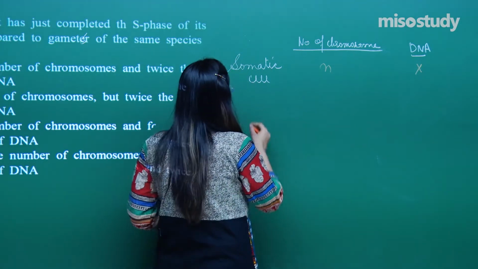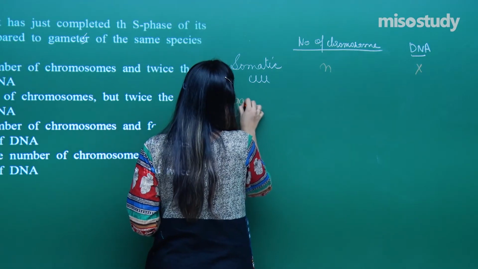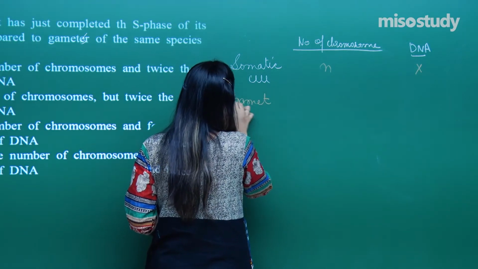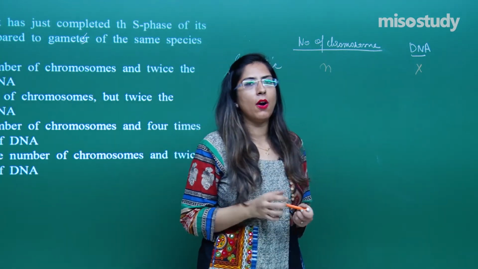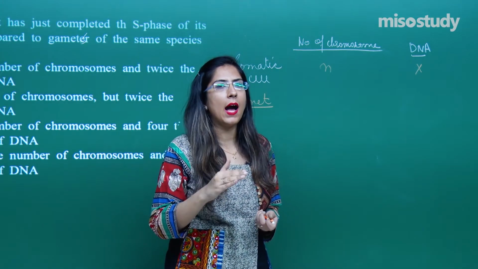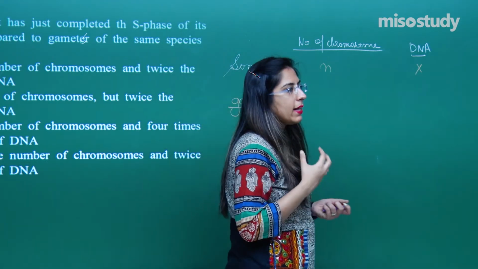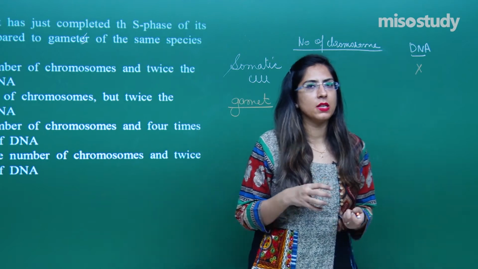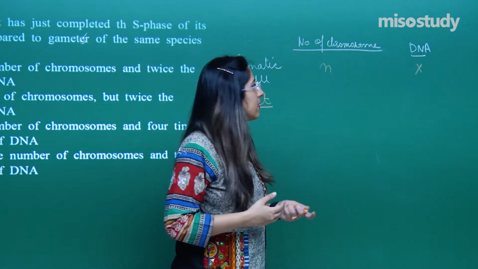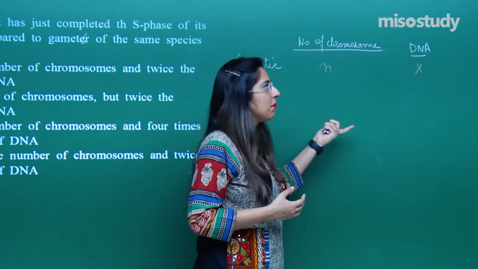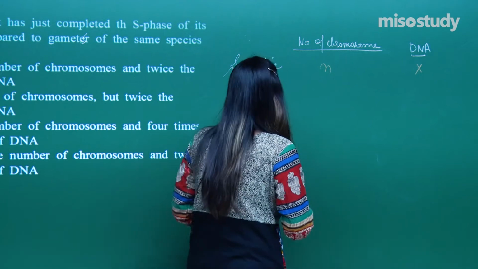Let's do this for haploid, or they are discussing the gamete. In the gamete, we know that the number of chromosomes is half in number. That means out of the whole, only n chromosomes are present and they have an equal amount of DNA. After synthesis, the number of chromosomes remains the same, but the amount of DNA doubles, because we are discussing